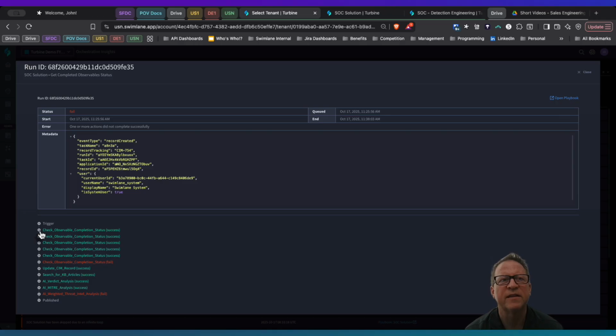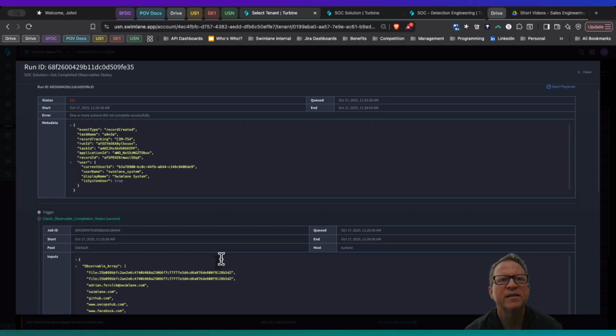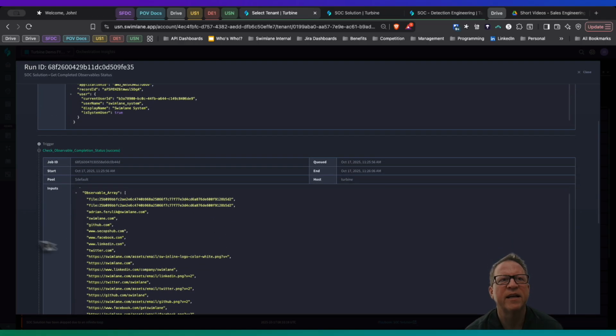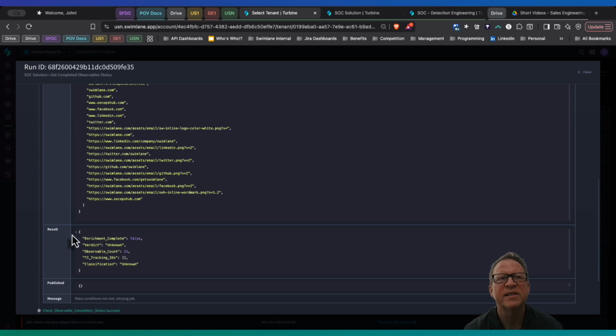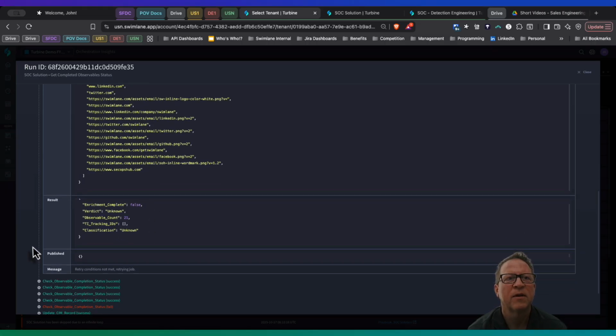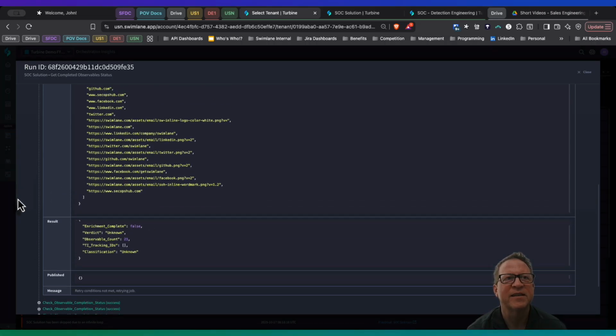And if I want to look at the details of that, we can see that we passed in as inputs an observable array, and we received back this result, enrichment complete. So I know that this component is trying to enrich an observable. It's waiting until that enrichment has come back and then updating the corresponding records for that. Here, if I collapse this back down,